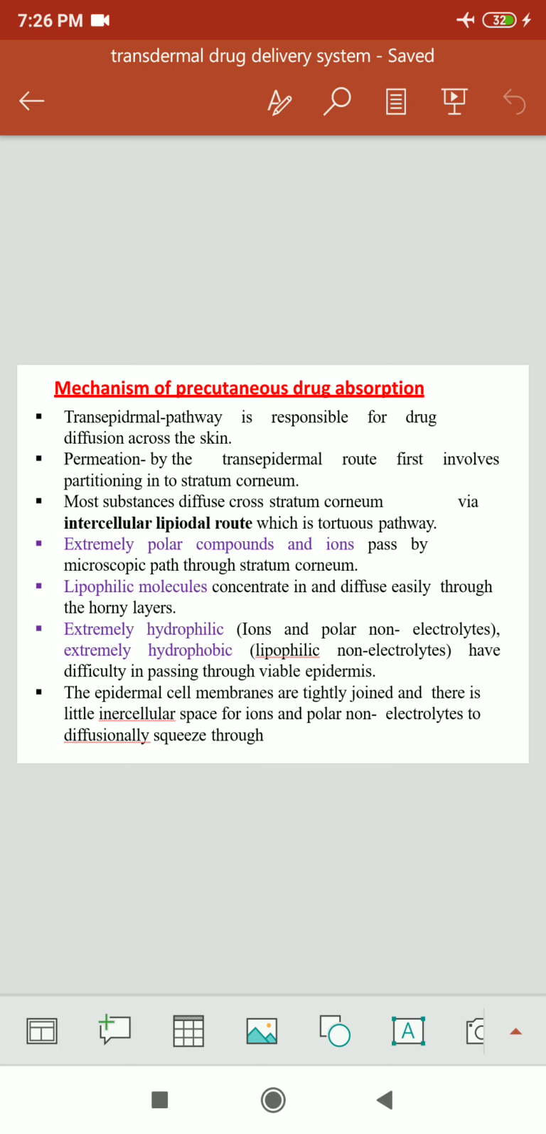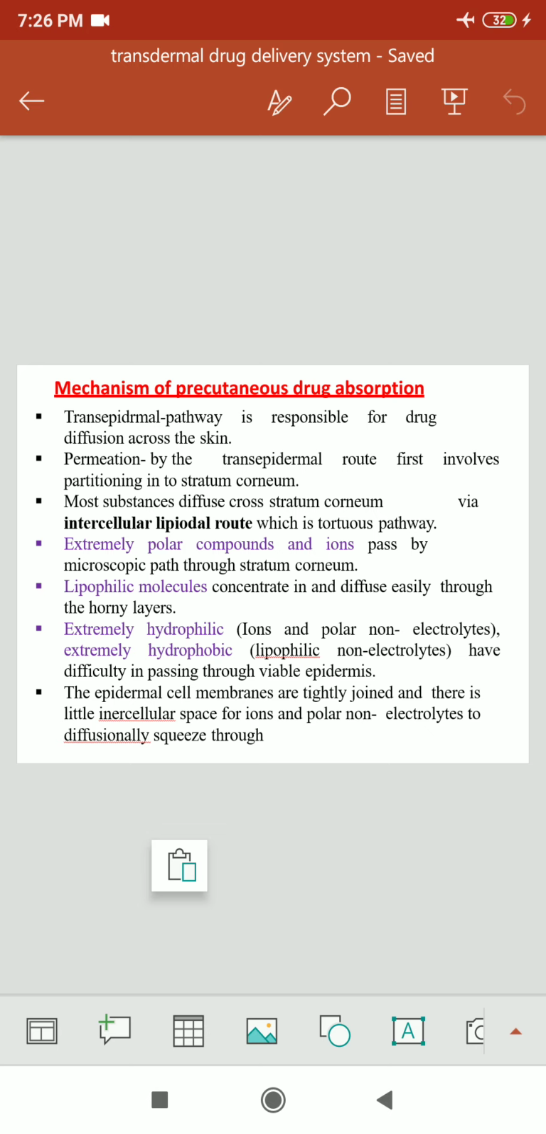Extremely polar compounds and ions pass through the stratum corneum. Lipophilic molecules are passed via the diffusion mechanism from the horny layer. Now, extremely hydrophilic means polar, and hydrophobic means non-polar; these have difficulty passing through the epidermis, and the epidermal cells have tight junctions,